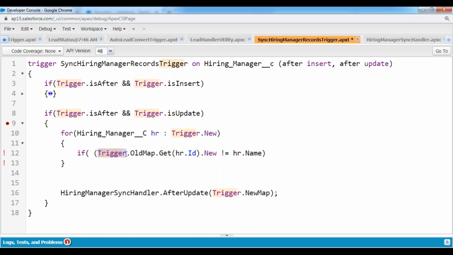So old values are available in the trigger.oldMap. That map is nothing but a map collection. So from that one I'm collecting the record by passing the ID. From that one I'm collecting the name value, and with the name value I'm going to be comparing. If the old value of the name field and the new value of the name field are not the same, that means both are different. Or,